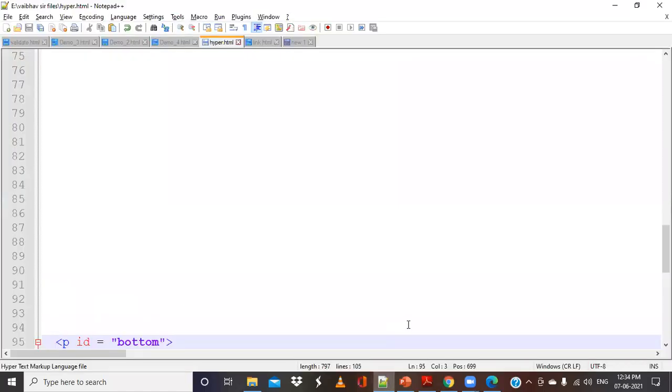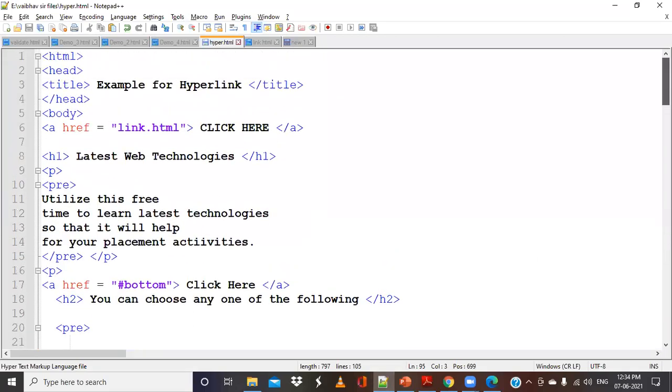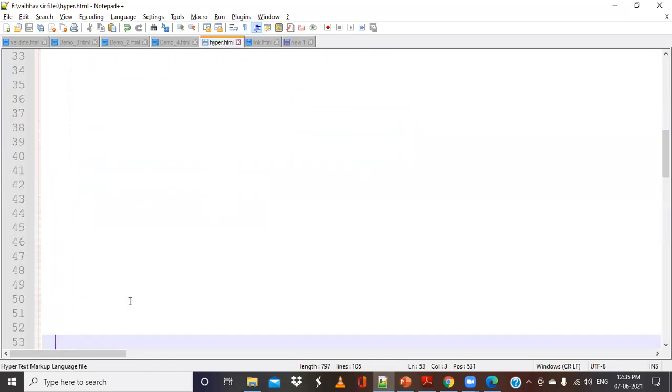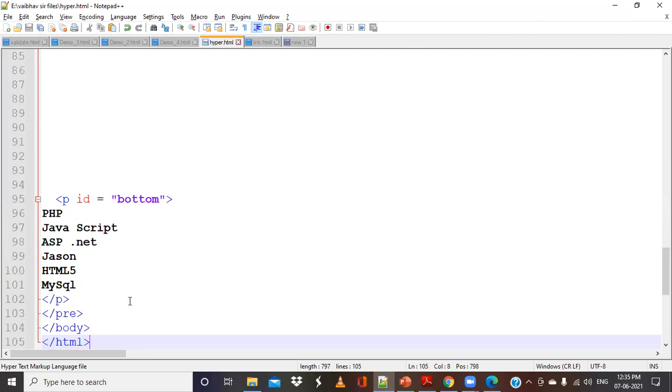So what will be the syntax to use that? You have to create a link. Okay, I have created href bottom. Wherever you want to locate it, for that create an ID, because here I have created a paragraph, and like this there can be n number of paragraphs or headings and so on.